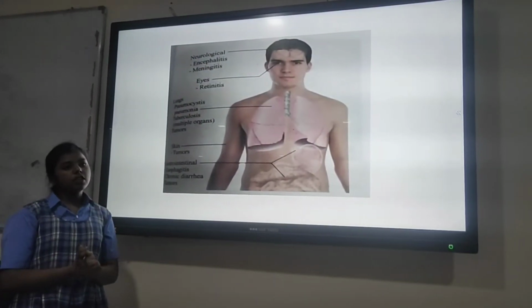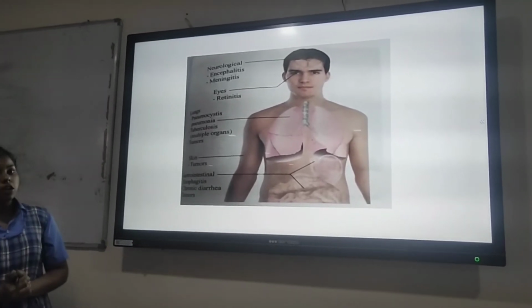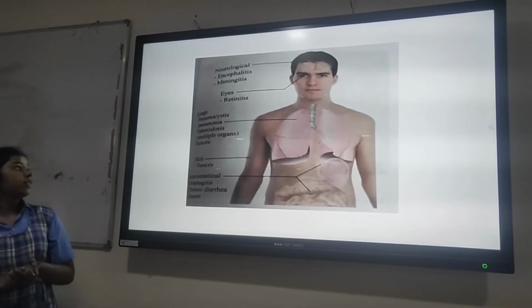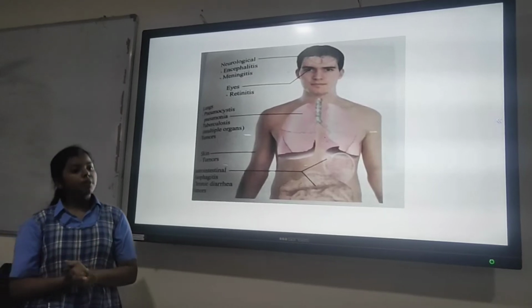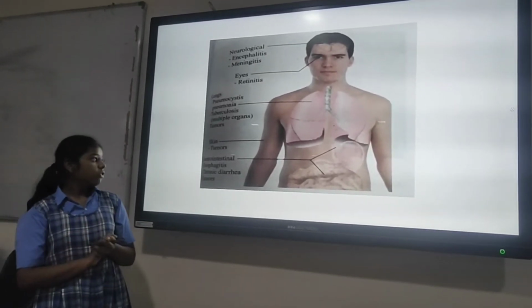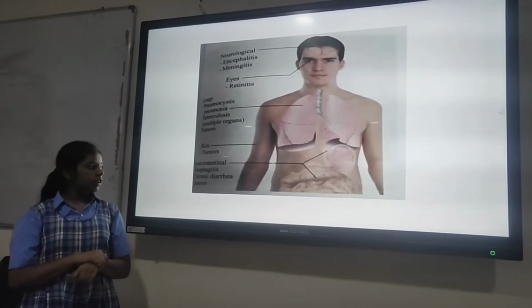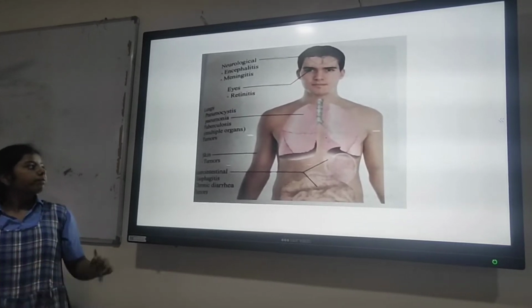First, the neurological diseases which you might experience are encephalitis and meningitis, and the disease which can be caused to the eye is retinitis. And for lungs, pneumocystis pneumonia, tuberculosis, and tumors in lungs. And you can also find tumors on skin and your intestine. Other gastrointestinal diseases include esophagitis and chronic diarrhea. Next,